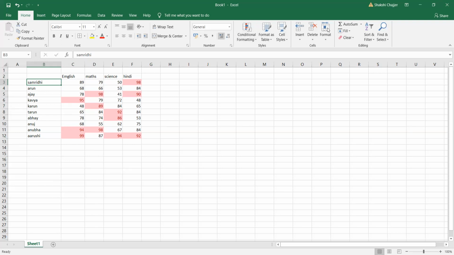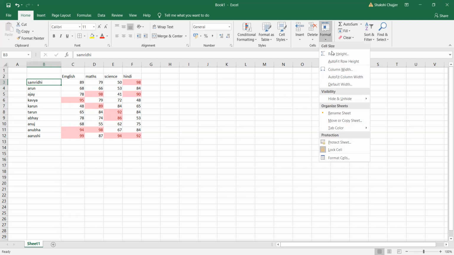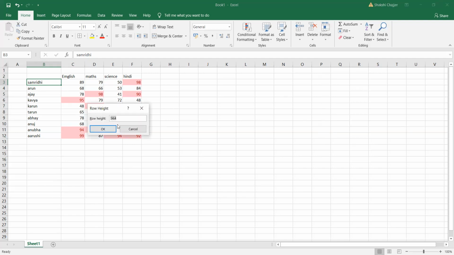I'll select that cell, I'll click on format, I'll click on row height, and choose what row height I want. Let's say I want it to be 60.